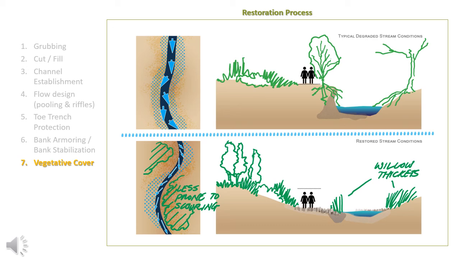The trees will somehow miraculously establish and mature and stabilize the entire bank, and away we go. The problem with trees is that when they get undercut and fall down, they take a large chunk of the bank with them, and they can actually exacerbate that problem. Which is why in the practice of stream restoration,